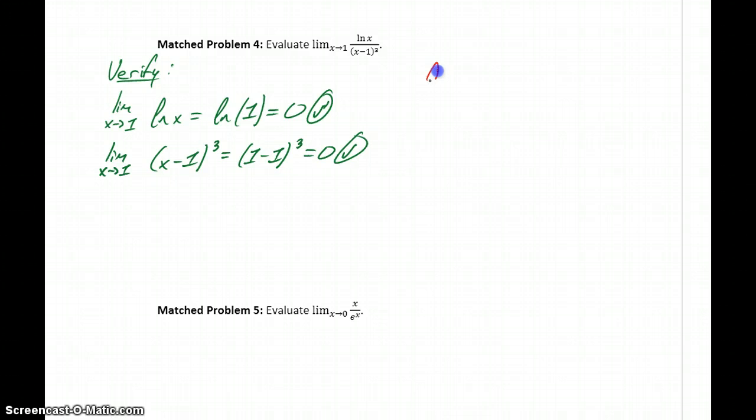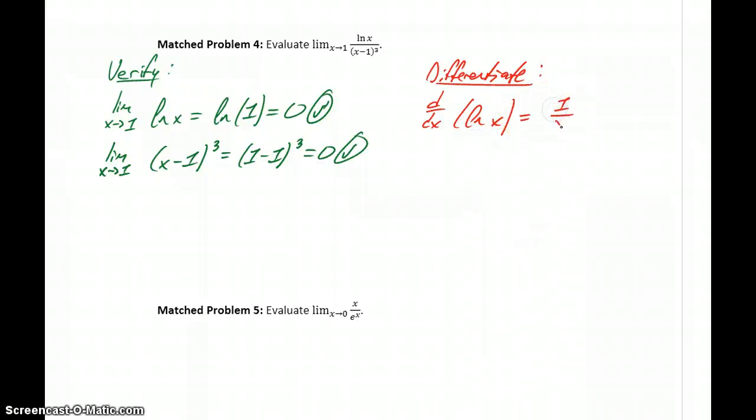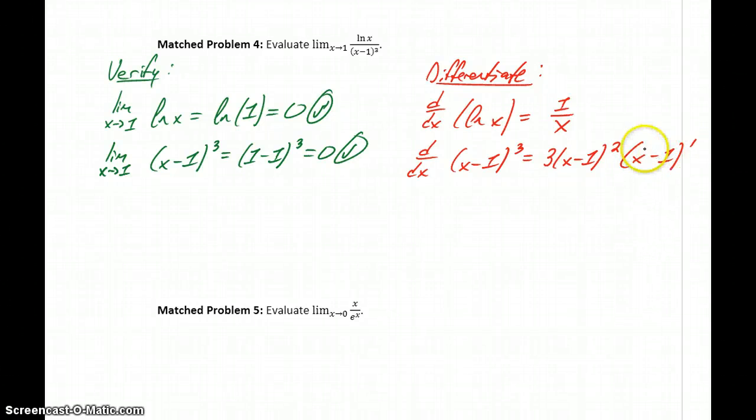So the next thing we want to do is differentiate both the numerator and denominator separately. So we'll take the derivative of the natural log of x, which will give us 1 over x, and the derivative of (x minus 1) cubed, which will give us 3 times (x minus 1) squared, times the derivative of that interior function. But in this case, the derivative of x minus 1 is just 1,